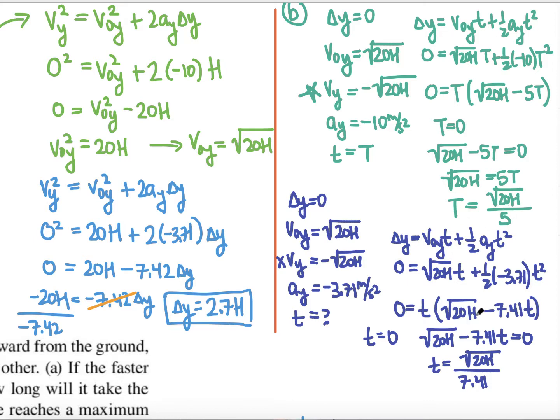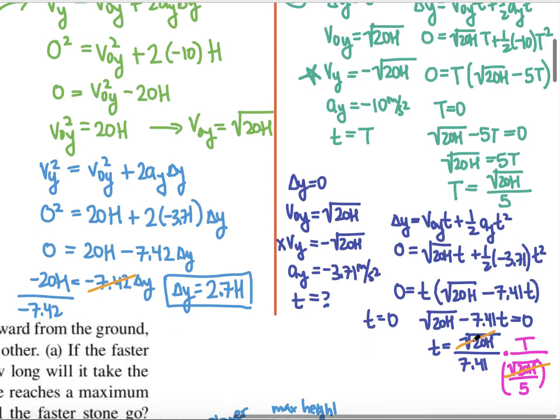Well, it's actually not so bad, right? All we really have to do is multiply by a factor that translates this to t. So basically we're going to say there is 1t, used like a conversion factor, per square root of 20h over 5. So this is the denominator here. And what you see, hopefully, is that this square root of 20h cancels out, leaving me just the statement that